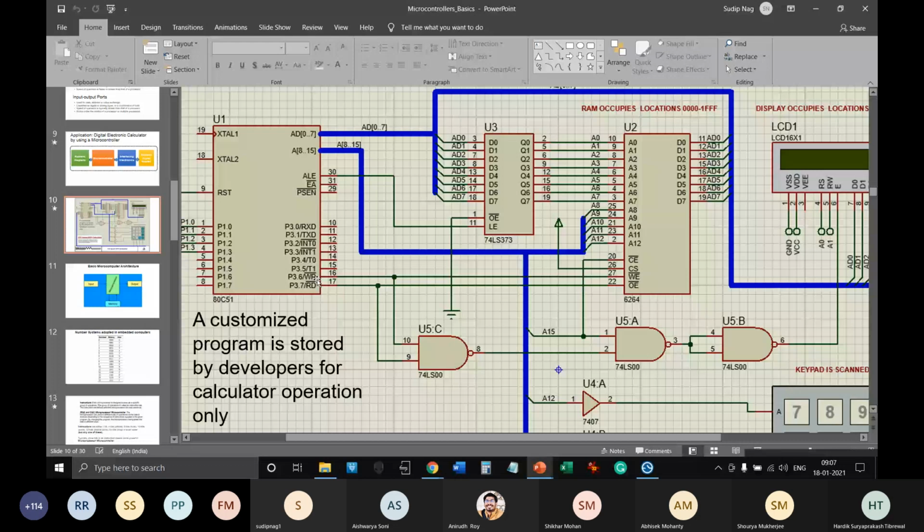Write bar and read bar are coming out of the microcontroller, going into the external RAM chip. If you use another program memory, you have to use EA bar in addition, and you take taps from read and write, something like this, and use that along with the external program memory. Typically write bar is not so popular with external program memory in the 8051 series, but you definitely need a read bar, because while executing a program you have to read again and again. Obviously you have to write at some point, but that is not done during program execution.